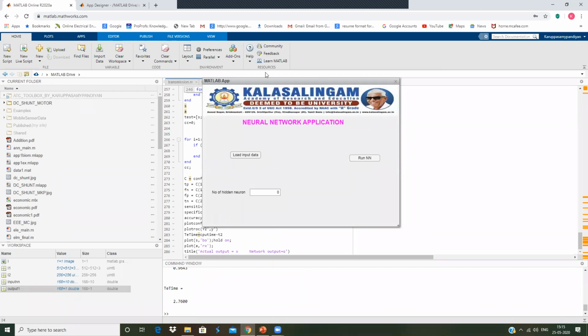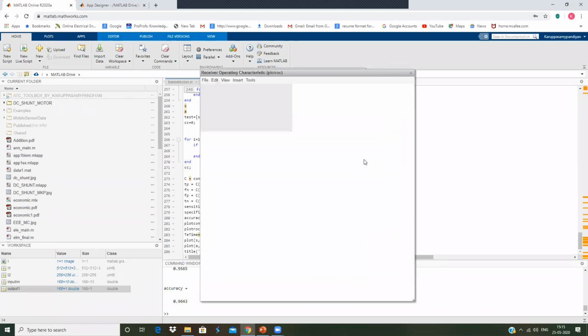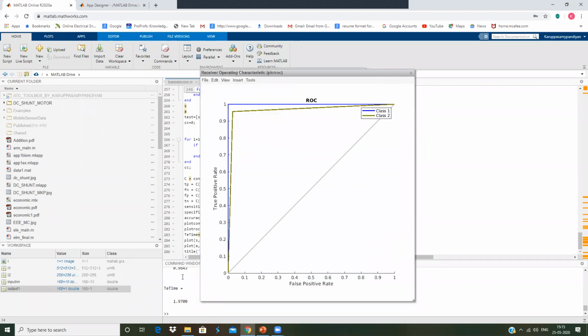You can see now the other things, the given image and text, are all displaying. Right. So again, I'm showing. I just load the input data. Now I will give a different number of hidden neurons. For example, I'm giving 10, and then I'm just running. You can see now the program is running.